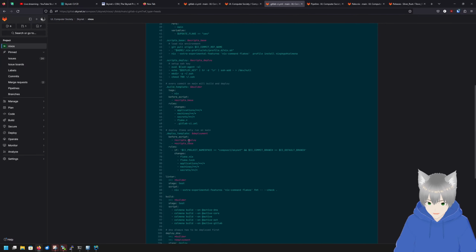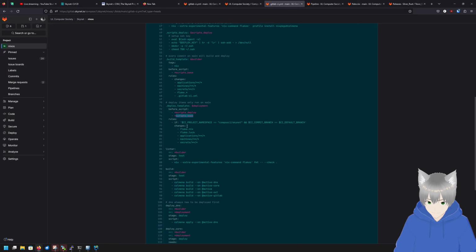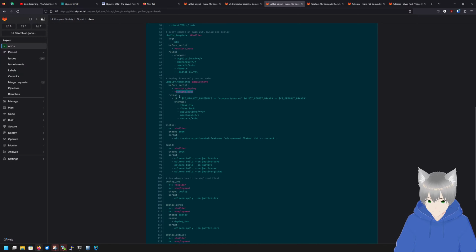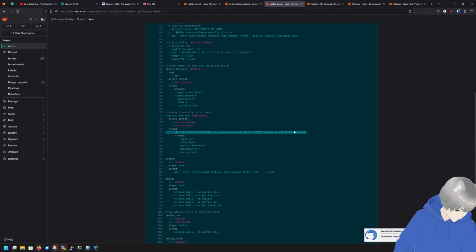And so that deployment needs both deploy and base, because when you're deploying something you need to have the SSH key, so that's why that's a tad different. And it also adds an extra rule of if the project namespace is ComSoc1 Skynet, and if it's on main essentially, commit branch is equal to the default branch.